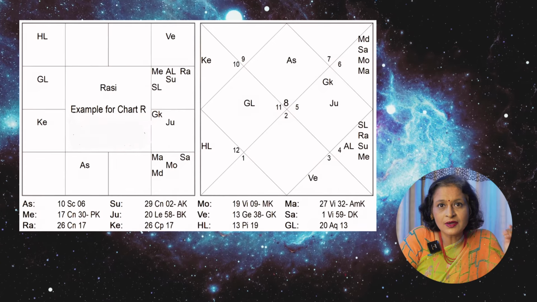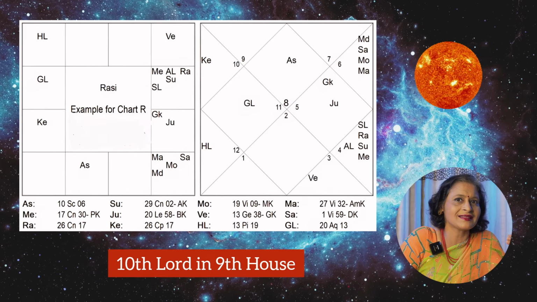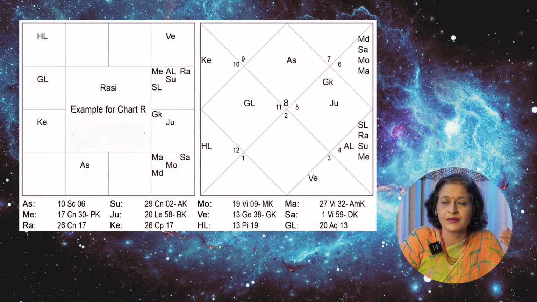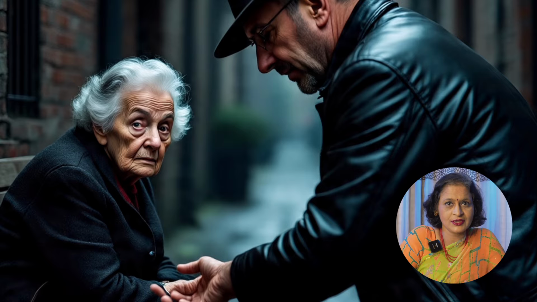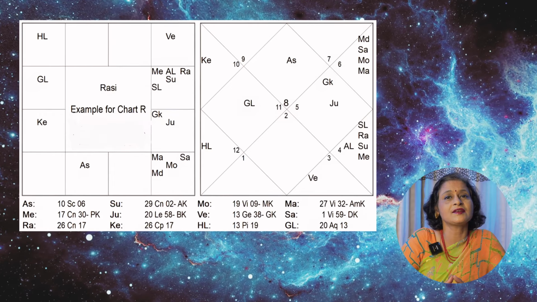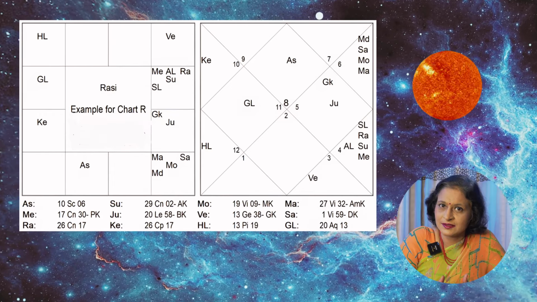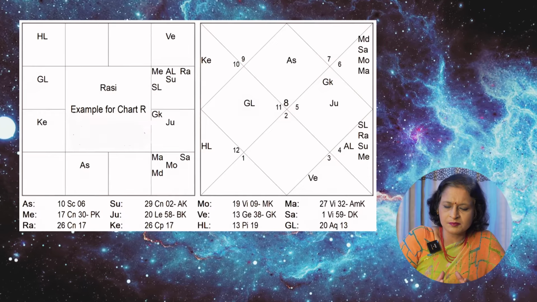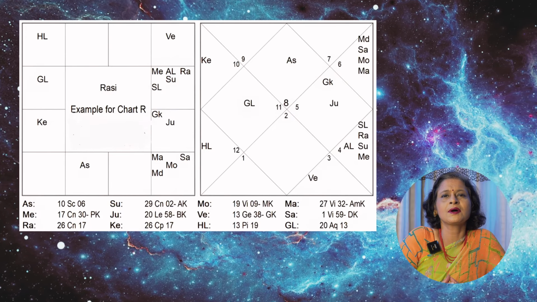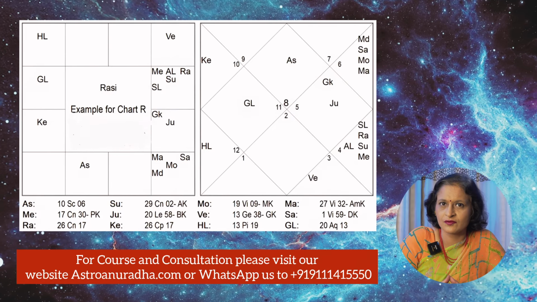Okay. So now here, Sun, the 10th lord, is sitting in the 9th house and it is with Rahu. Rahu causes cheating, and the Aslesha Nakshatra in itself is about cheating, being cheated. And Sun here is the work. So what happens is, the person runs a boutique, her employees make a lot of mistakes or deliberately do wrong things, so that the company faces a lot of loss and the work has to be stopped.